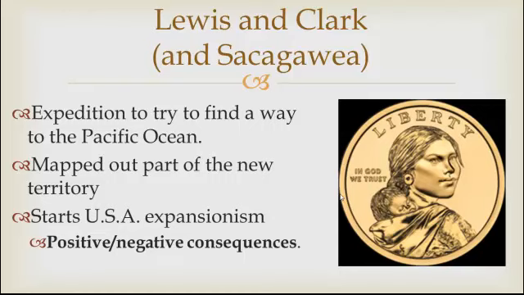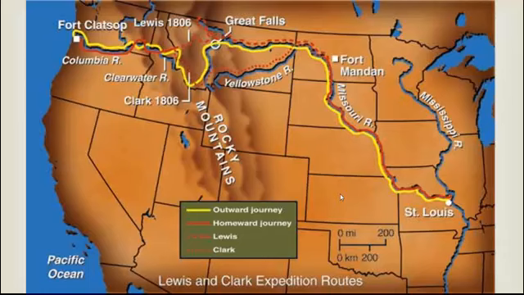And if you want to learn more about Lewis, Clark and Sacagawea's journey, an extra credit opportunity could be available to you. And so here's the route that they took, and they actually made it from St. Louis all the way out to the Pacific Ocean, going up the Missouri River and traveling through wilderness. But what this did is it mapped out the territory and it set up for the future of American expansion into the West.